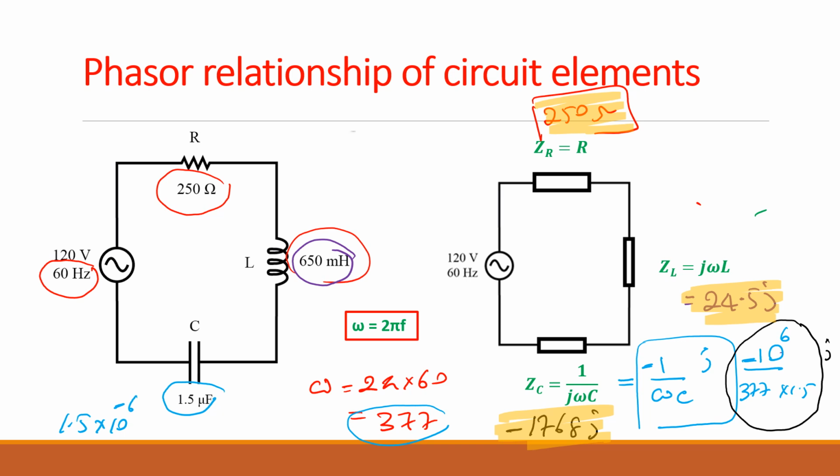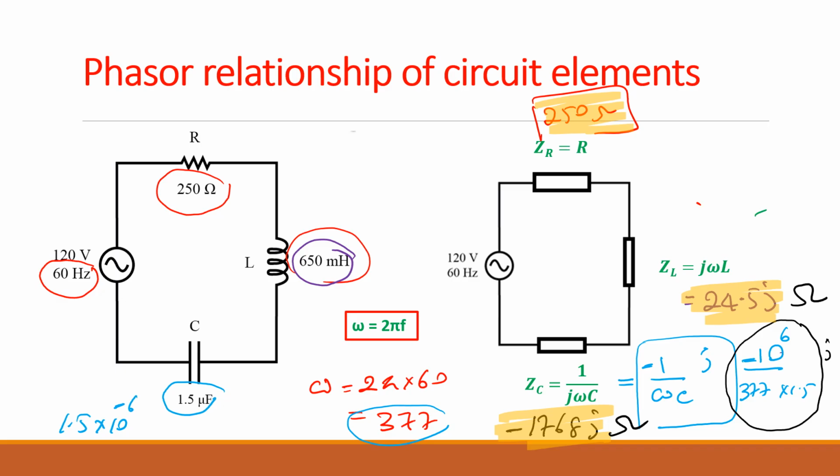When they are in parallel, you can take the 1 over value and add it like you do for the resistors. So when you convert everything to impedance, you can do all the calculations like you do for resistors. Are we good? Yes. 250. Yes. All three are ohms. Yes, impedance is measured in ohms. This is in ohms and this is in ohms as well. All are in ohms. So they have the same unit, so you can add them, considering whether they are